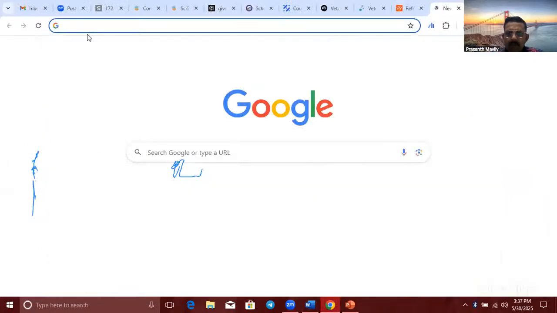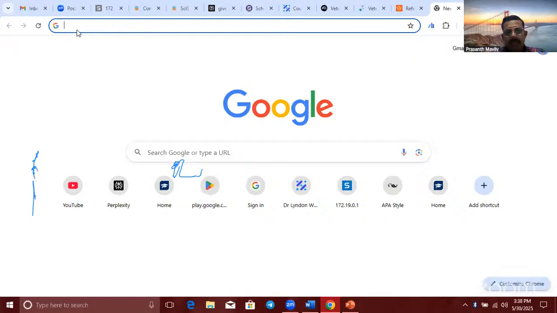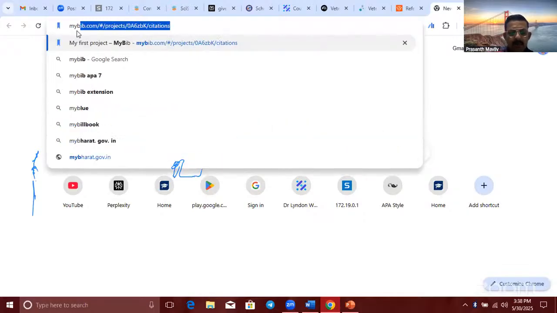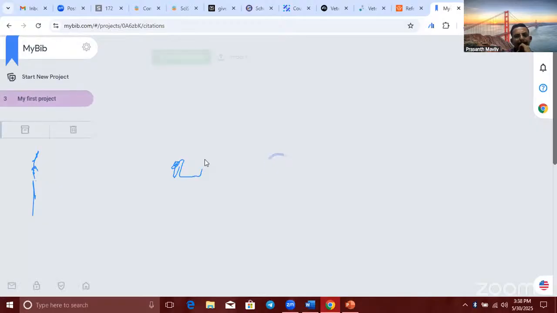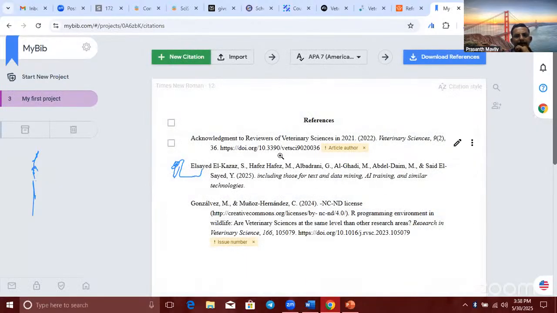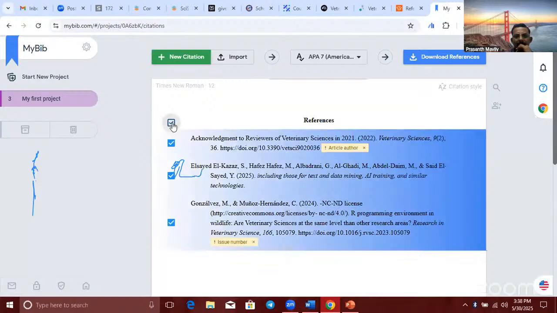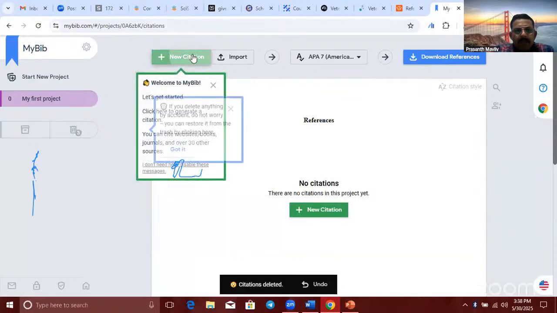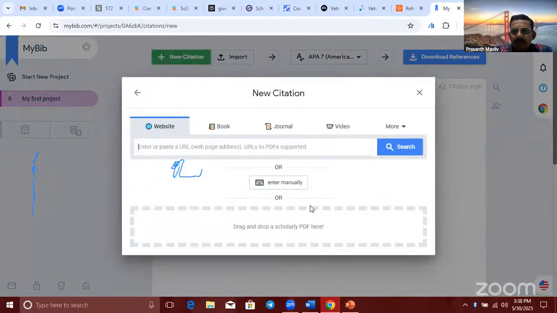Same thing while generating in-text citations and references. The most important website I found is MyBib. Already created. You can add a new citation here, or you can select which model, and you have to drag and drop.